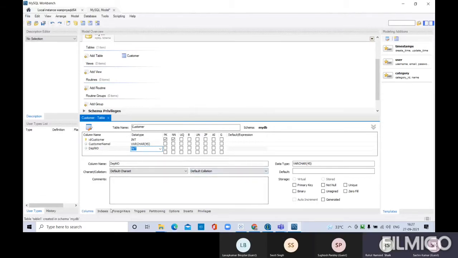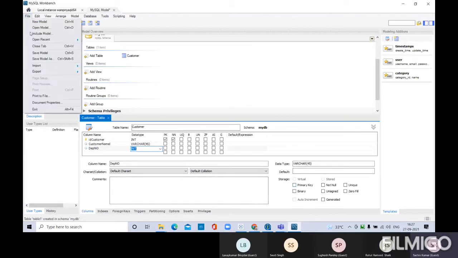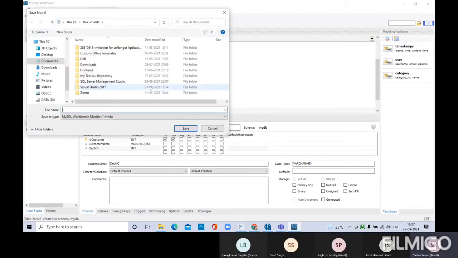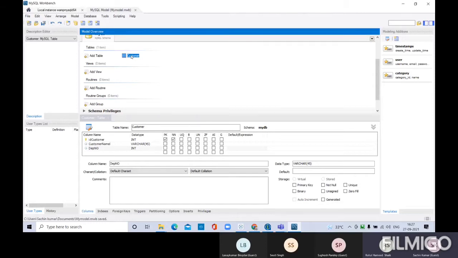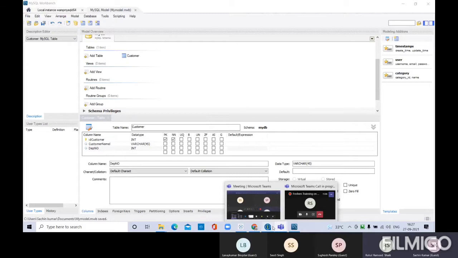Okay, you can save it. And the table or database name which you have created here, the same you can go and give in Talend.